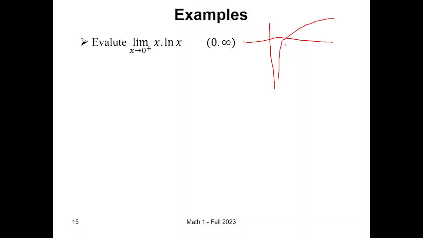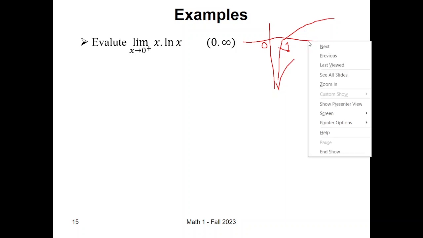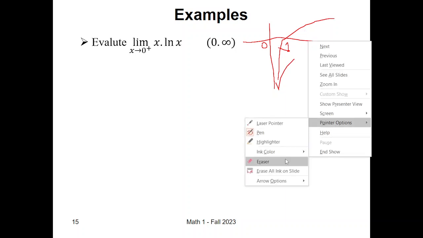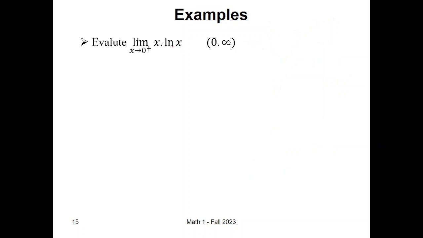It intersects the x-axis at x equal 1. And as x approaches 0, the function approaches negative infinity. This is ln x. So now we have 0 times infinity. In general, to solve this problem, starting with 0 times infinity, we